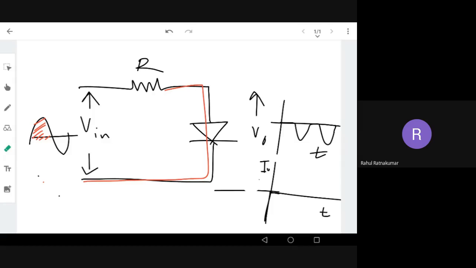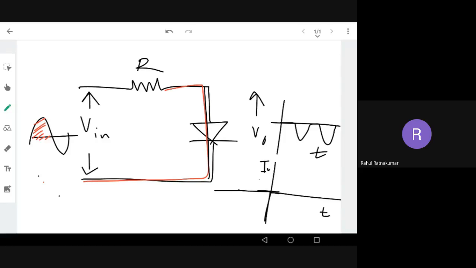So what is I out versus time first of all? We can see in the positive axis, when the positive waveform is input to the system, we know the diode is a short circuit. So at that time, maximum current is going to pass, because of the short circuit, current is going to pass through the circuit. And what is the shape of the waveform of the current? Exactly as per the voltage. If voltage is increasing, current is increasing.